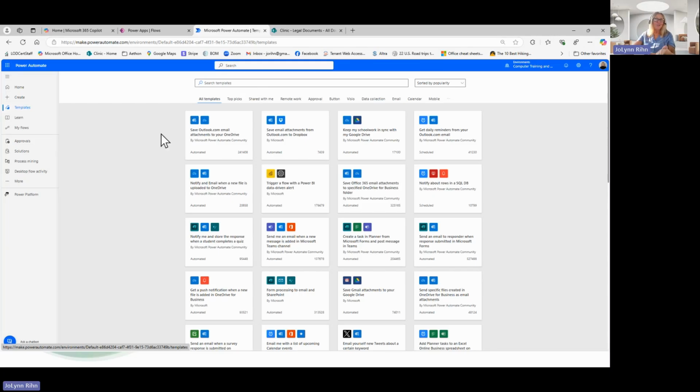Otherwise, I do recommend, and this is how I learned what choices were out there, open up Power Automate and go to templates. That's going to be the easiest way to pinpoint what would help you. As you're looking through these different cards of suggestions, you can be thinking about how you can be using that specific one.